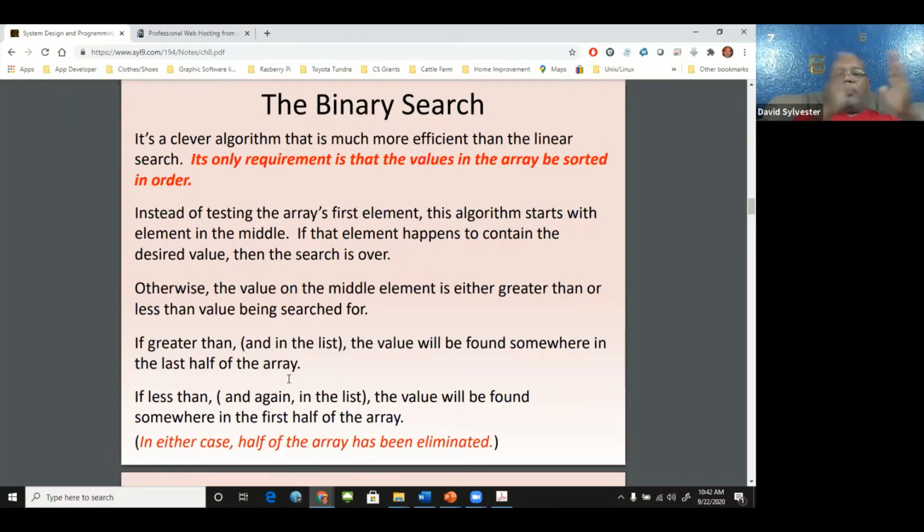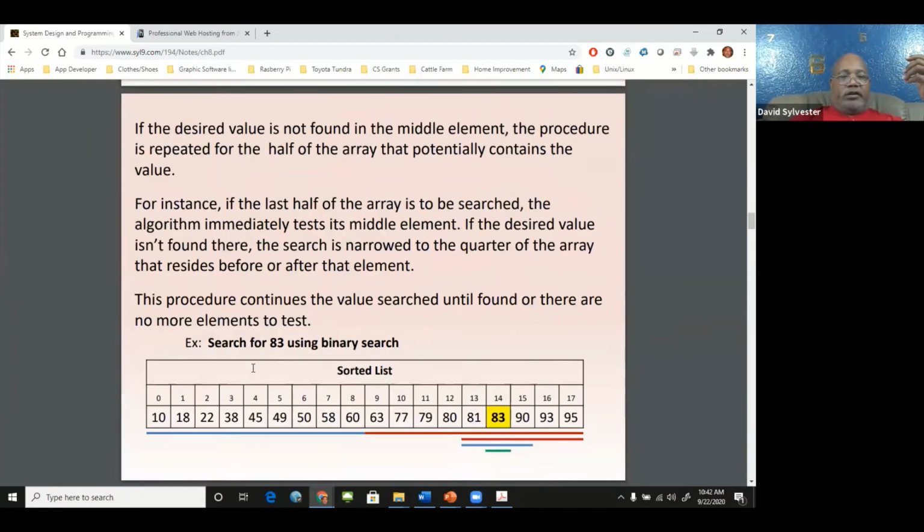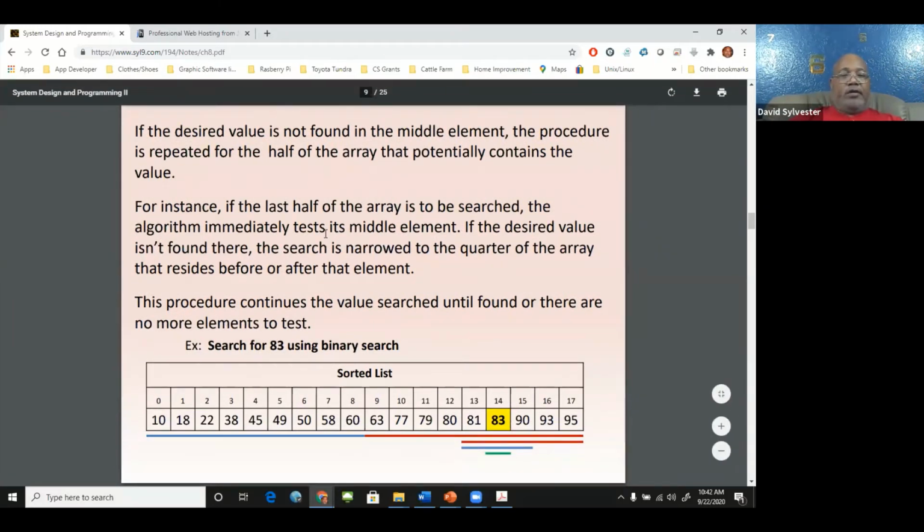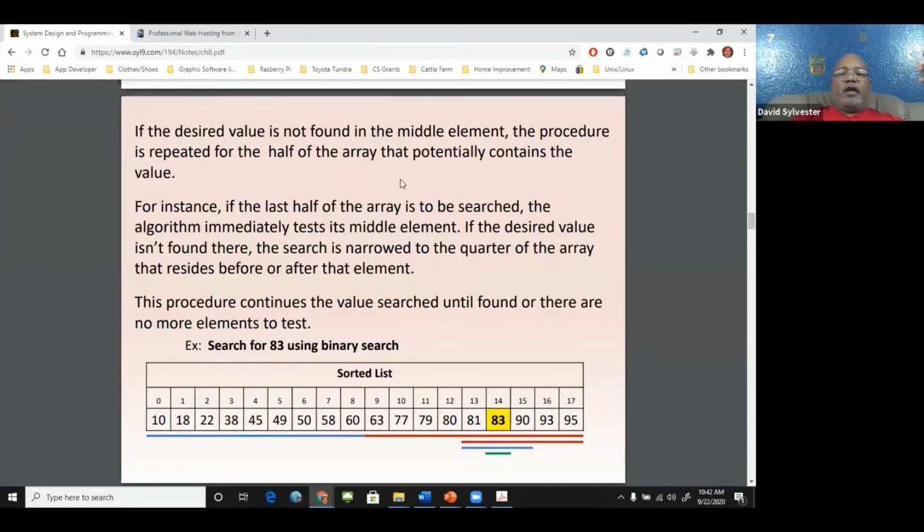If not, higher, lower. So it keeps going on and on until it does the elimination process. Looking at this example, it says if the desired value is not found in the middle element, the procedure is repeated for the half of the array that potentially contains the value. For instance, if the last half of the array is to be searched, the algorithm immediately tests its middle element. If the desired value isn't found, the search is narrowed to a quarter of the array,